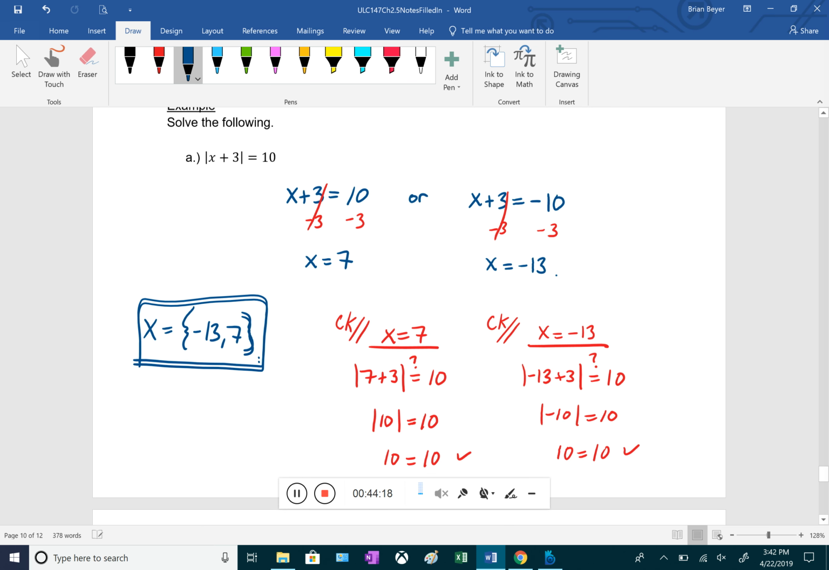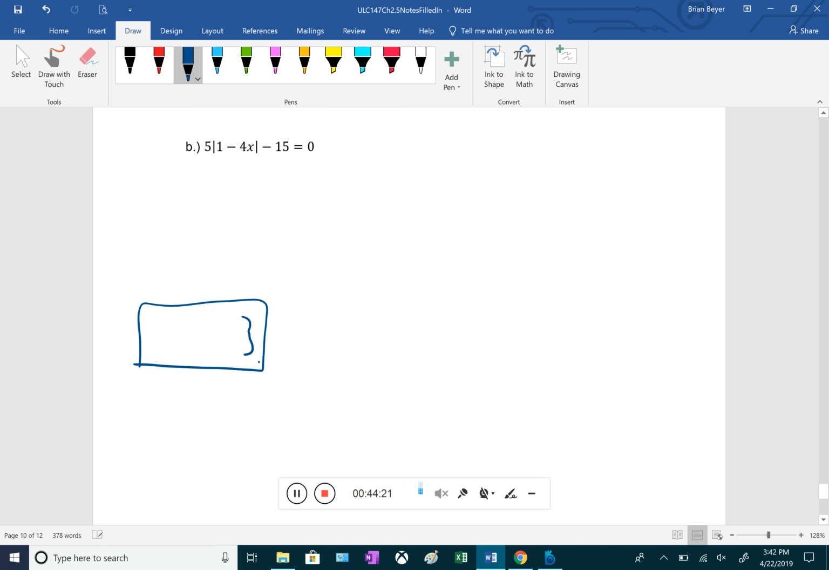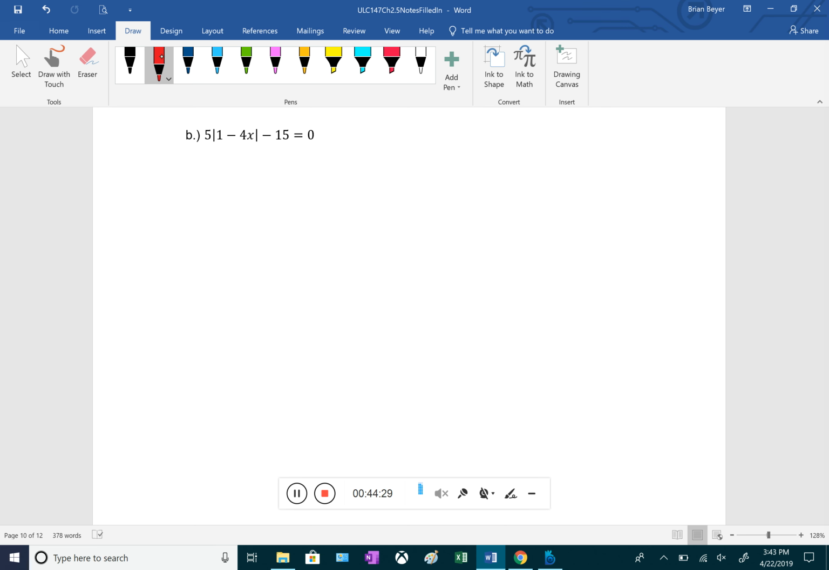Let's do about two more here. So we have 5 times the absolute value of 1 minus 4x minus 15 equals 0. So first we have to isolate the absolute value. So we have to add 15 to both sides. We get 5 times the absolute value of 1 minus 4x equals 15. And now we divide both sides by the 5, so we have to completely isolate that absolute value. So we get the absolute value of 1 minus 4x